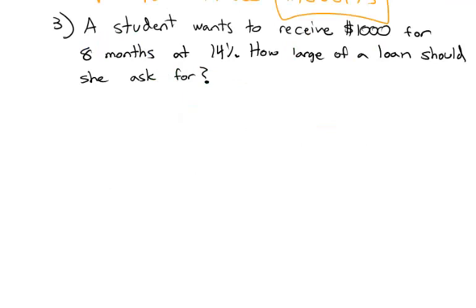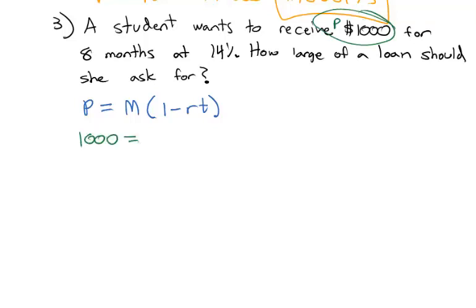So here what I want to know about are the proceeds, which are related to the maturity value. That's the loan we're going to ask for, times 1 minus RT. The proceeds, the amount that she wants to receive, is $1,000. What we're looking for is the maturity value, how much she's going to have to ask for, at 1 minus the interest rate, as a decimal 0.14,